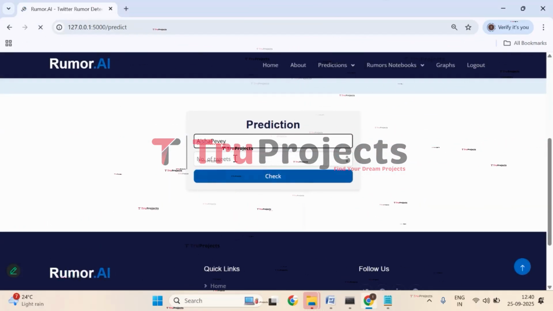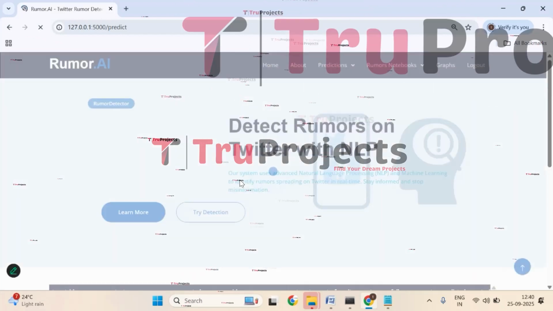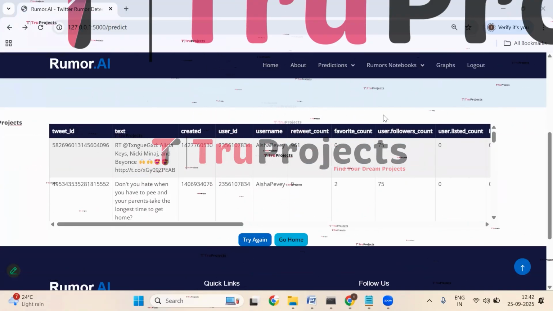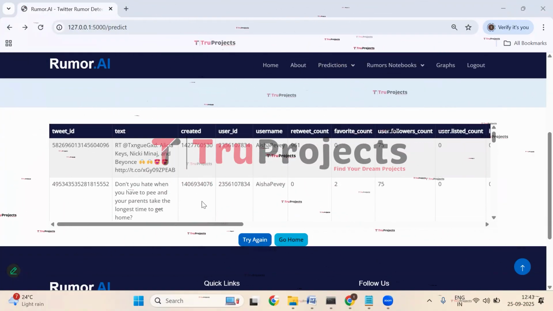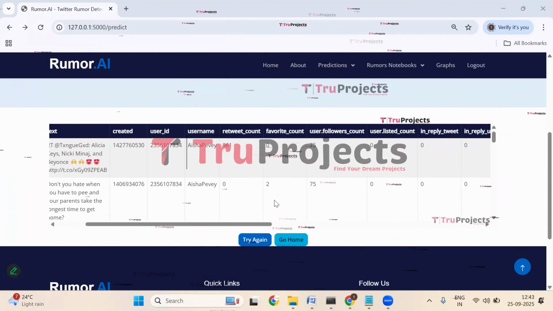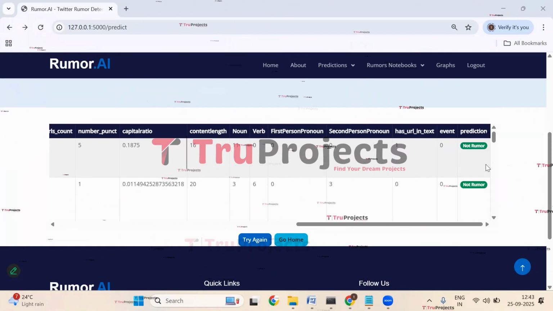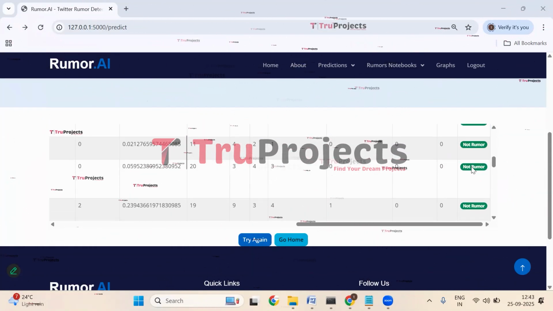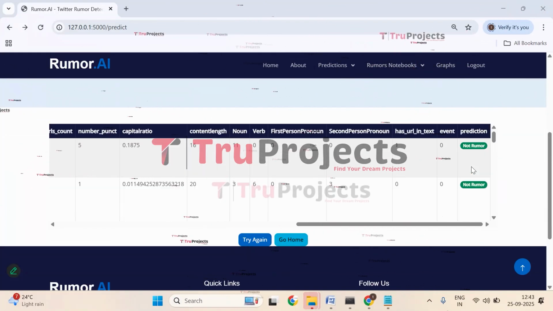Paste it. Give it 3. So here we got the detection from the given user ID. Here we have tweet IDs. Here we have text, and here we have created, user ID, username, retweet count, favorite count, and so on. And here we have the prediction, that is not rumor. So as of now, all the usernames which we have given were of non-rumors.